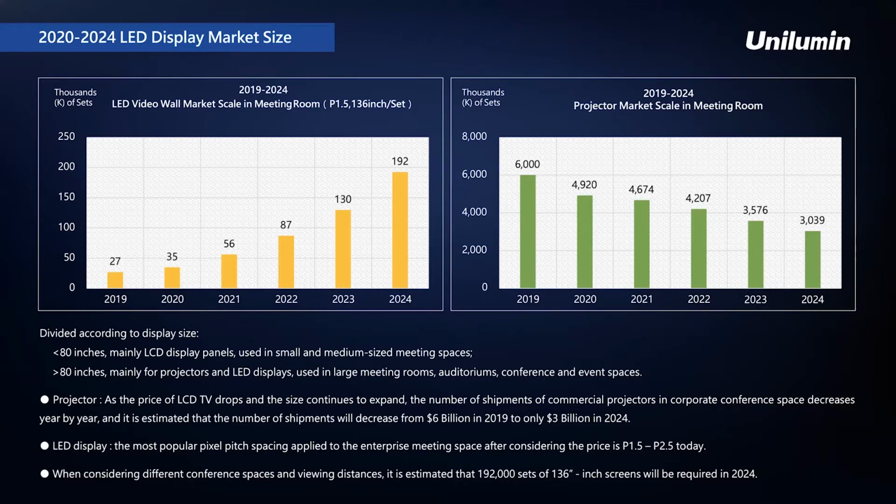So the forecasts here are saying that the projection market in meeting rooms will decline from $6 billion in 2019 to just over $3 billion in 2024. So that's a very fast decline. The most popular pixel pitch, as I said, is 1.5 mil today. And we estimate that there will be 192,000 sets of 135, 136 inch screens required in 2024. That's a huge increase, going up from what's estimated to have been 35,000 screens in 2020